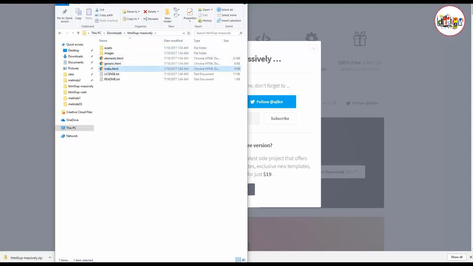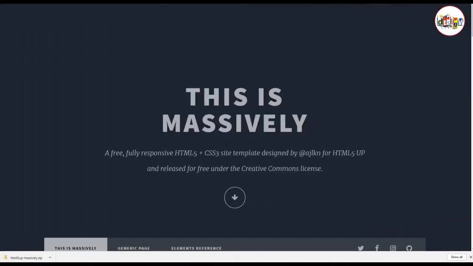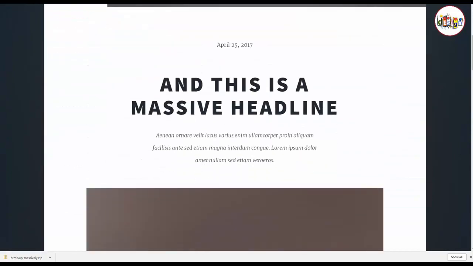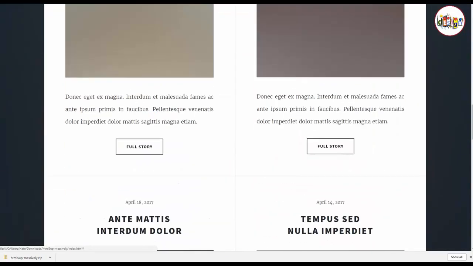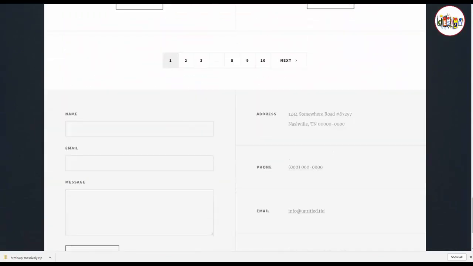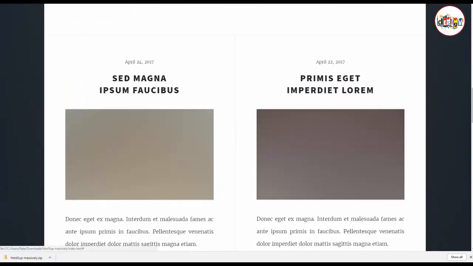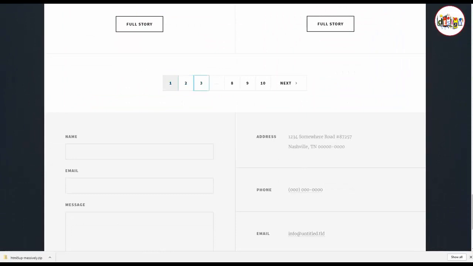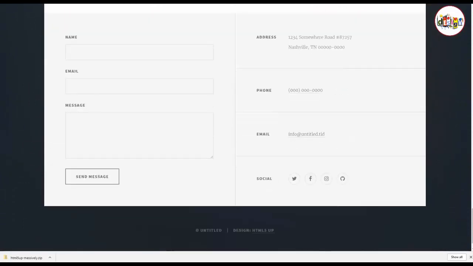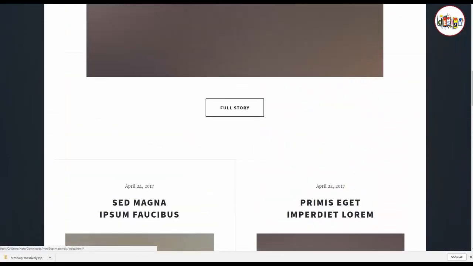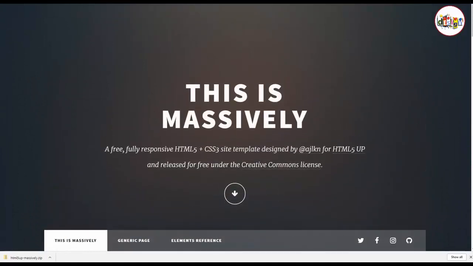So I'm going to go ahead and open this up, and there you can see it. It's got a background with some sort of a gradient, and then several images and descriptions, contact form. Very nice looking template that you can, if you don't want this pagination down here, I think that's for a blog. You can just, I'll show you how to take that out, and I'm going to show you how to just edit the images. For this example, I'm going to make a duck hunting website with a domain name that I have,